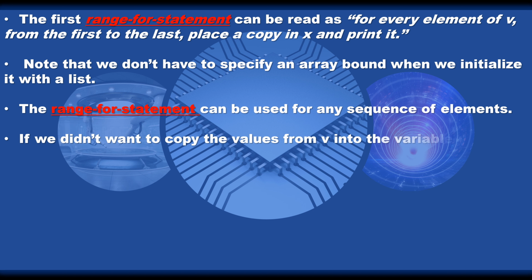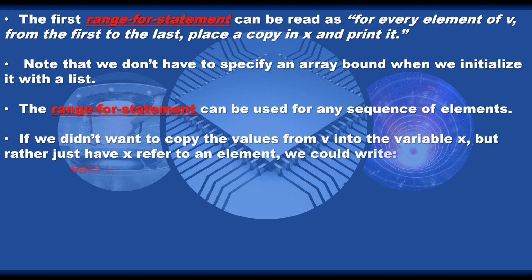If we didn't want to copy the values from v into the variable x, but rather just have x refer to an element, we could write: void increment() { int v[]={0,1,2,3,4,5,6,7,8,9}; for (auto& x : v) ++x; // and so on }